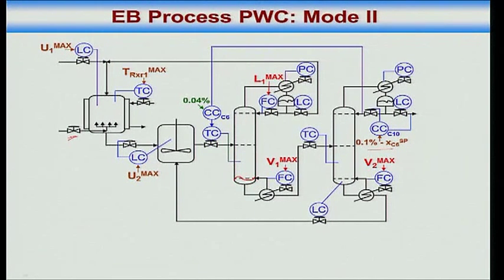Because I have two constraints active on the column, and I am also wanting to control the benzene impurity, one of the levels I don't have a local valve to control. This is what is left. So I put in this level controller. Okay. It sounds very odd, but if you think about it, it actually makes sense.